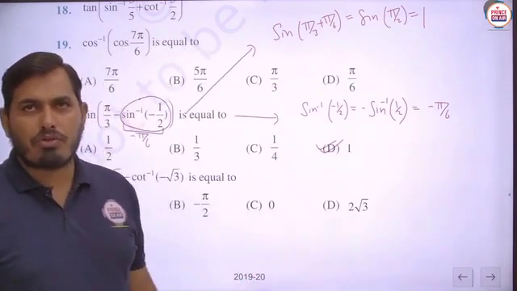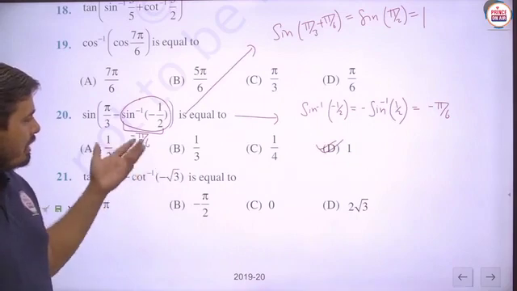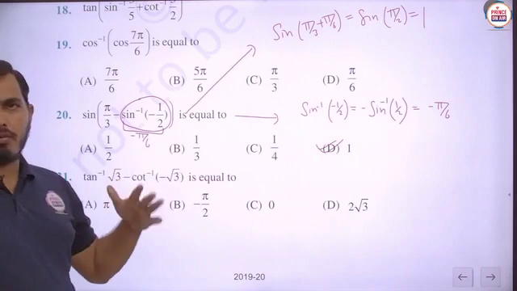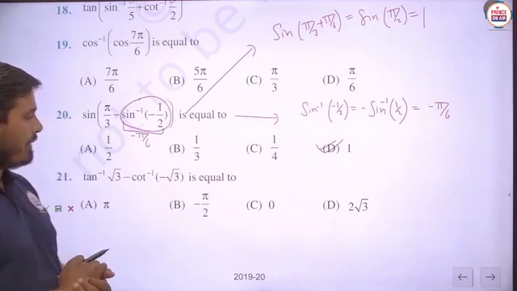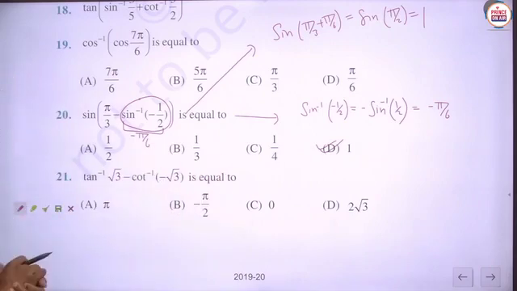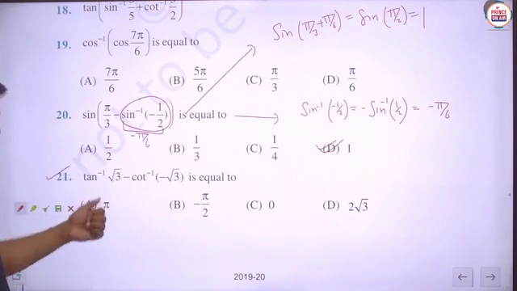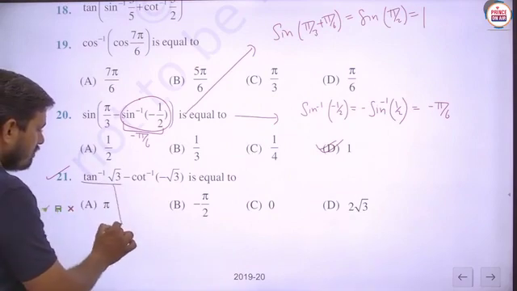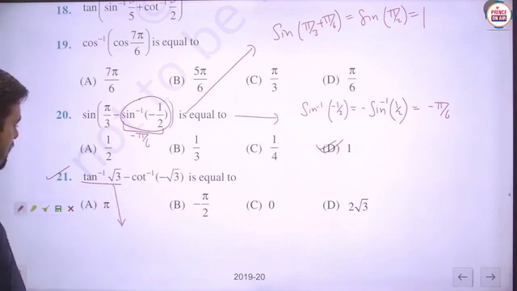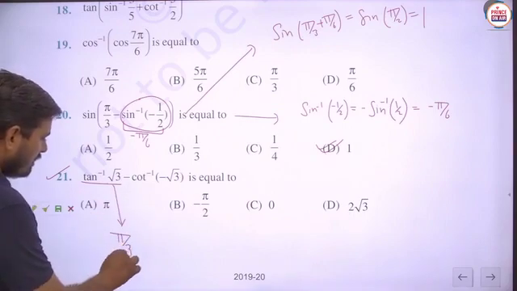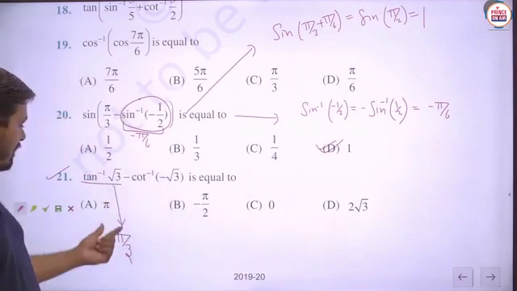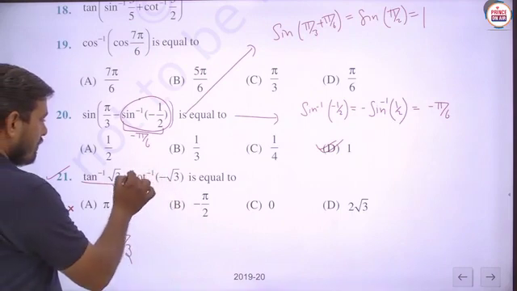Such types of questions are generally very important for objective type examinations, where objective questions are asked, and then you can just provide the answer. Next, the last question of this exercise we will discuss here. Question number 21. In this question, tan inverse of root 3 is given. Now directly you can write down the answer of tan inverse root 3, because tan inverse root 3 will give the answer as pi by 3, because tan 60 degree gives the answer root 3. That's why we can write down the answer directly here. Now this part is to be simplified.